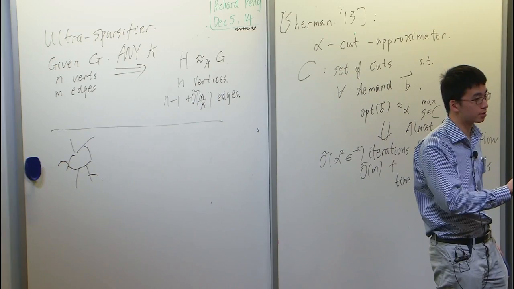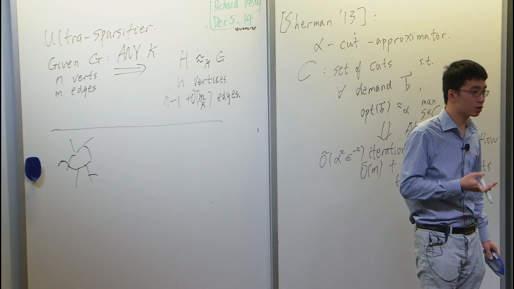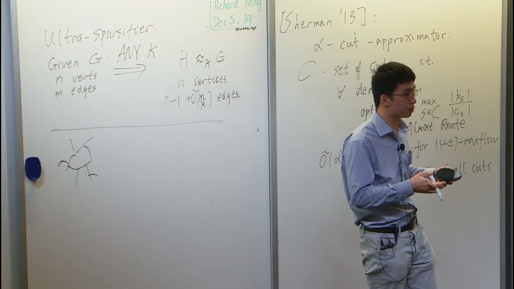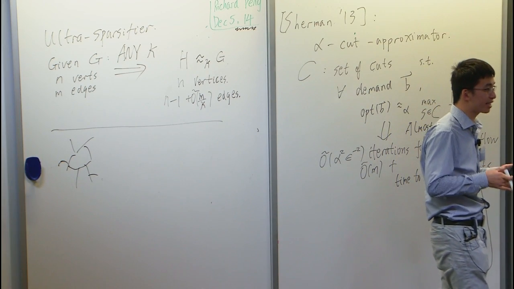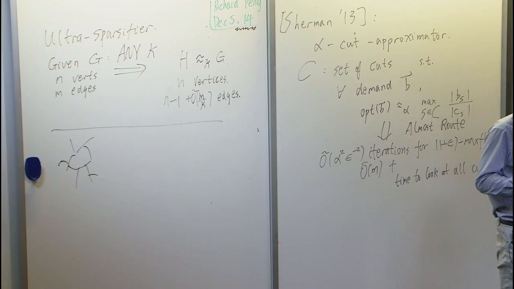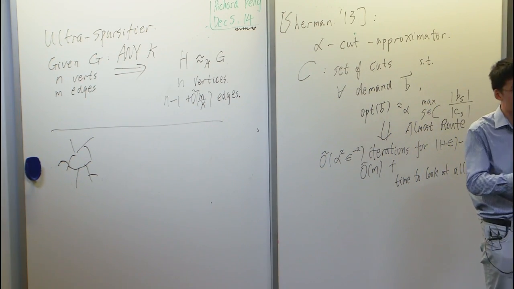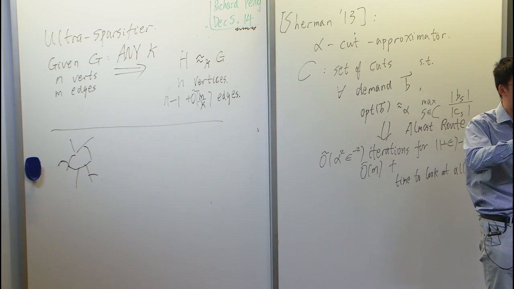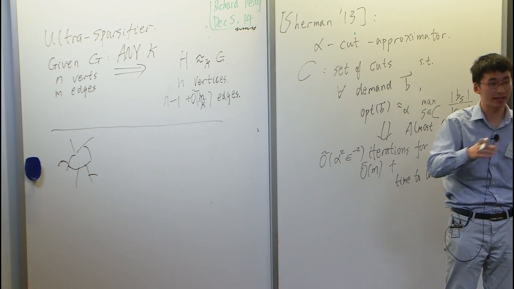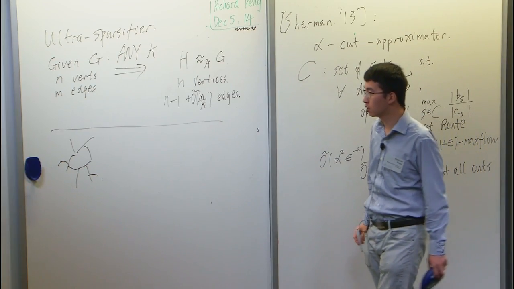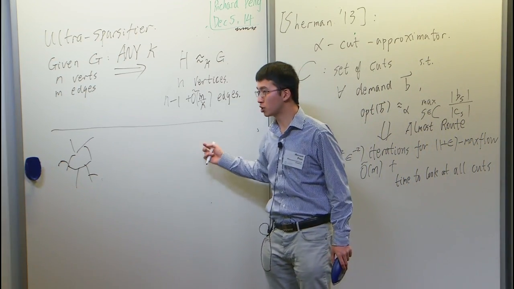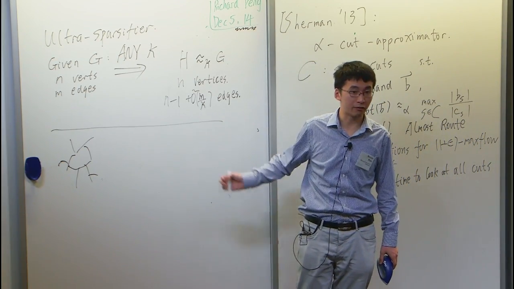They go to their parents. So once you start eliminating these leaf vertices, what you eventually get is just a cycle. And a cycle can also be shrunk because it's just a path. And you can also contract that into a fairly small size. So in the construction of the efficient